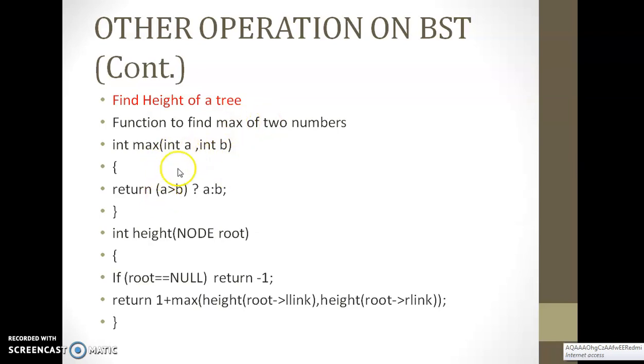Then it is regarding the level, then plus 1. Return 1 plus max of this function, either left subtree or the right subtree. That is why root pointer left link for the left subtree, root pointer right link for the right subtree. Between these two, whichever has more child nodes, that will be returned for the max plus 1.